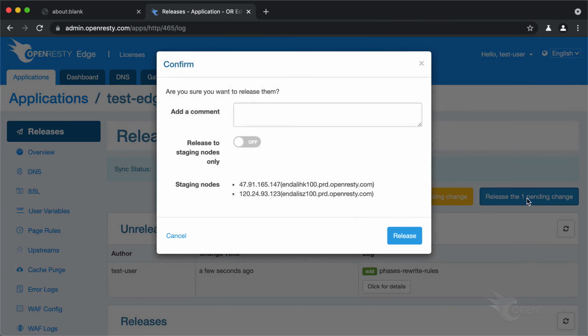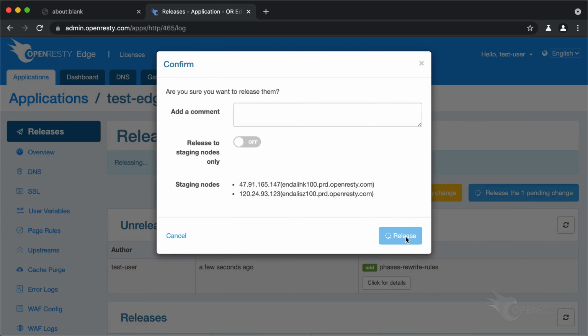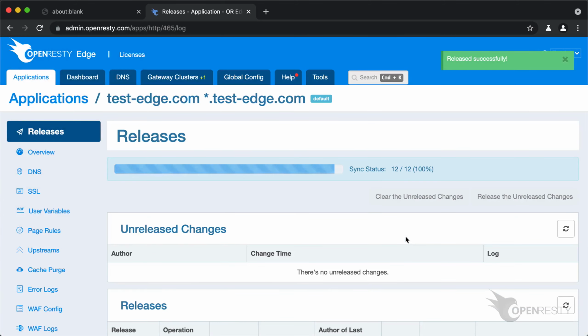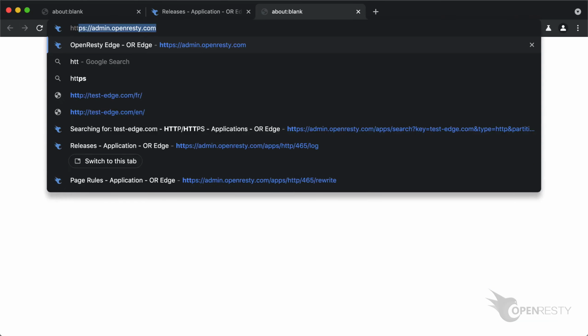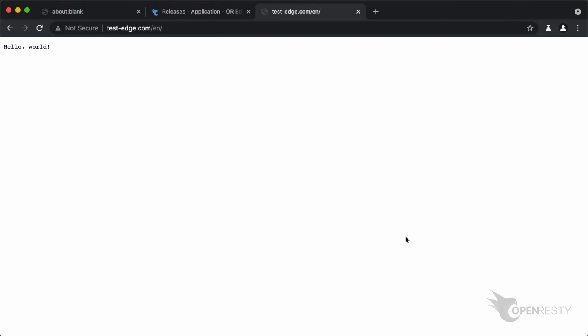Ship it again. It is synchronized again. We can test the / location with the web browser. This web browser uses the English language setting. We can see the English text Hello, World is returned. And we can also see from the address bar, the URI becomes /en/. This is what I'd like to cover today.